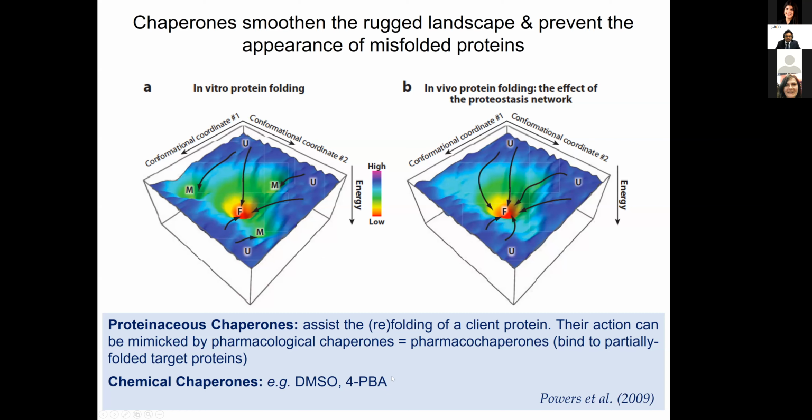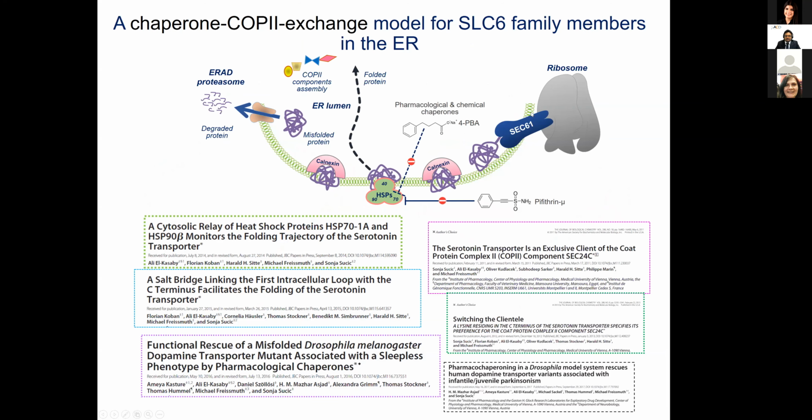And in the case of 4-PBA, there are various mechanisms, but one of the mechanisms is that 4-PBA binds and stabilizes the protein structure at the hydrophobic sites. And while doing so, it allows additional time for the protein to fold properly. So if we revisit a snapshot of the previous diagram, if the protein is now harboring, let's say,